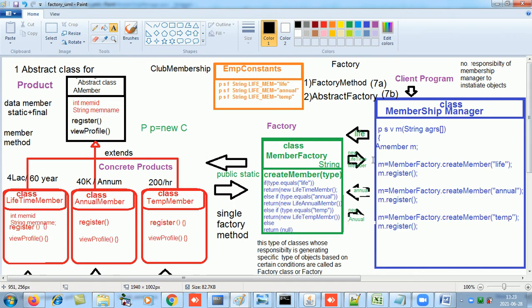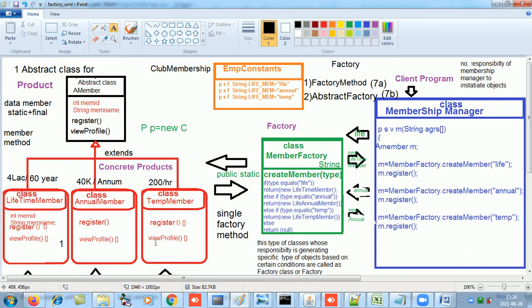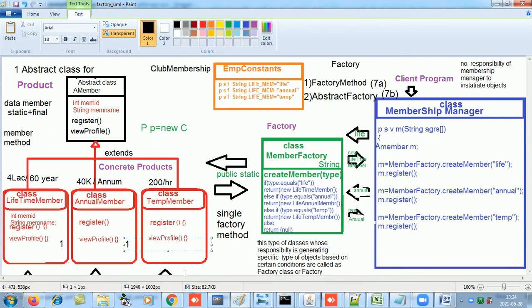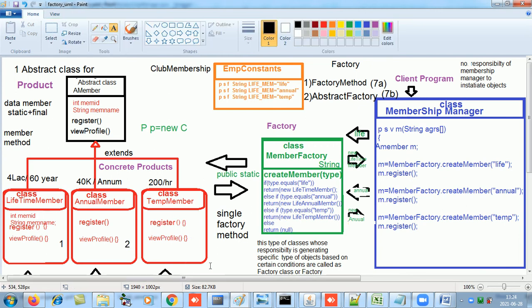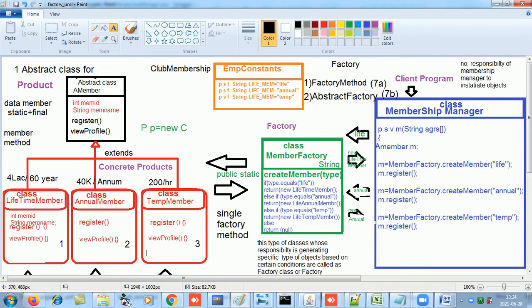It would call this static method of the member factory, passing an argument. So if it passed life, that would come in this string variable type, and if the type was life, it would return an object of this concrete class, and if it was annual, it would return an object of another concrete class, and if it was temporary, it would return an object of the third. It would return an object of these three classes.